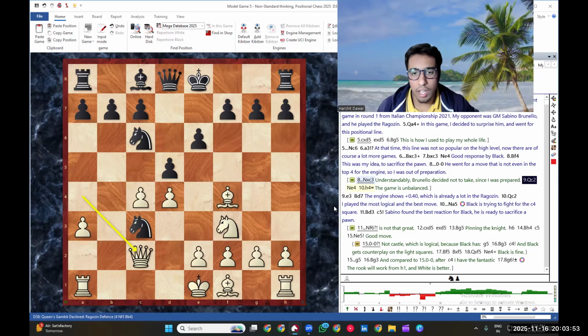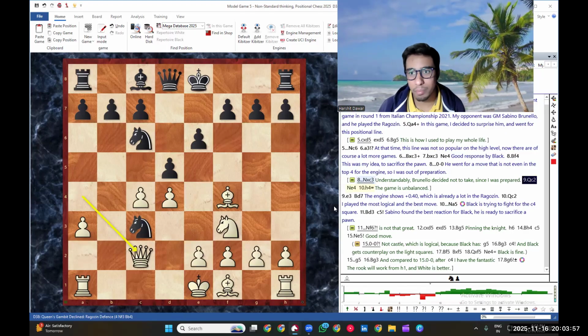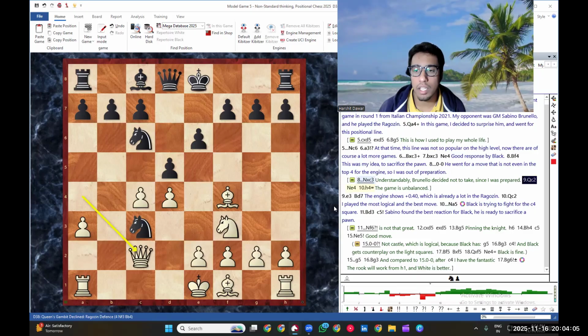And I was about to play that thing, but my opponent just teased me before the game that, are you going to play that? Are you going to play that? And I'm like, let's see. And he was quite sure because when I studied him, he used to play pawn e4, but he played pawn d4. And if someone is playing something which he doesn't play usually, that definitely means that he's prepared.